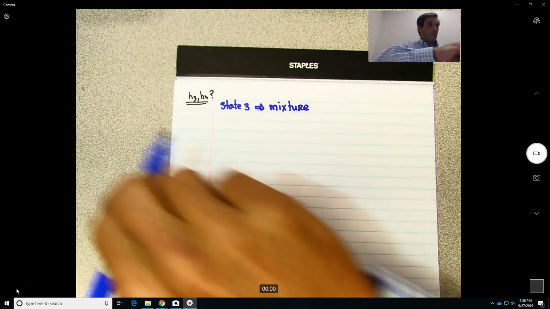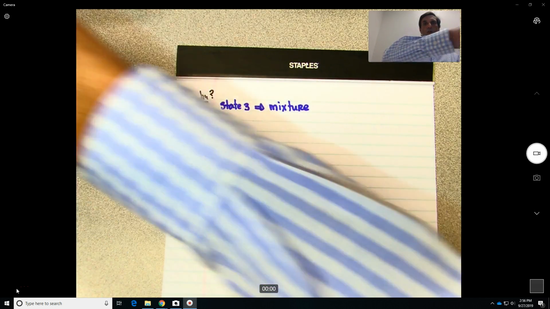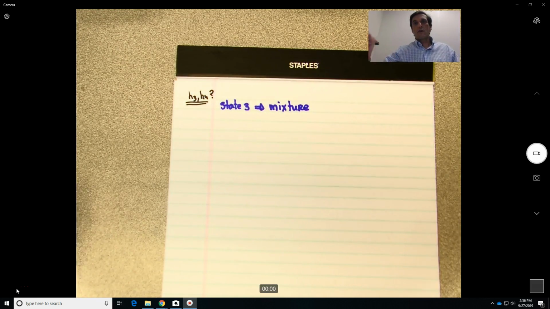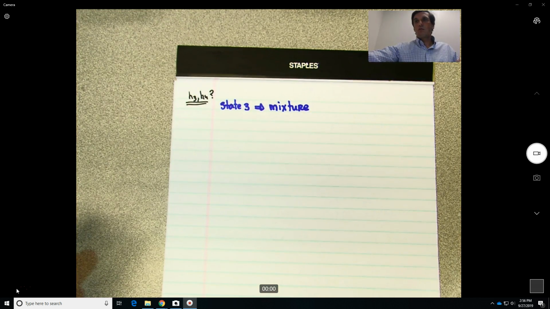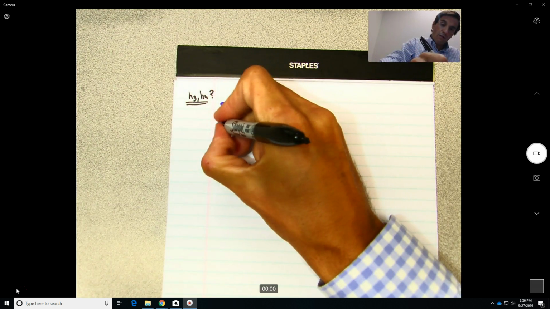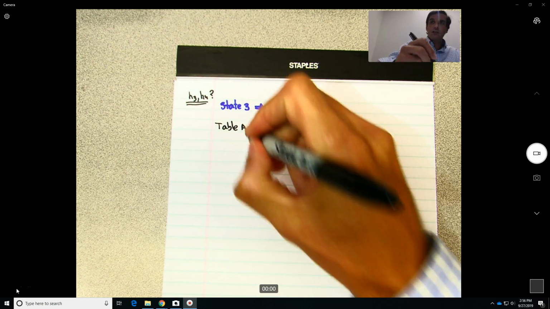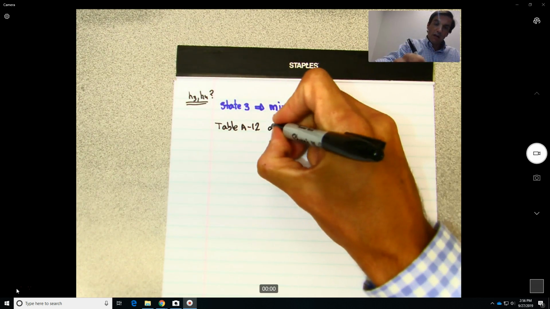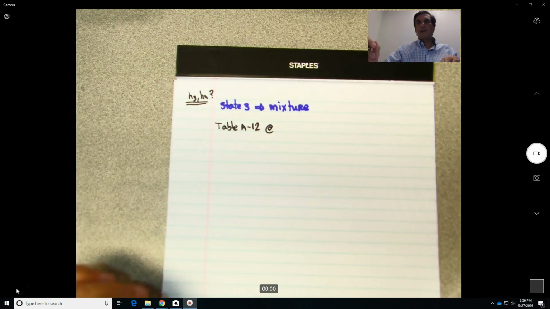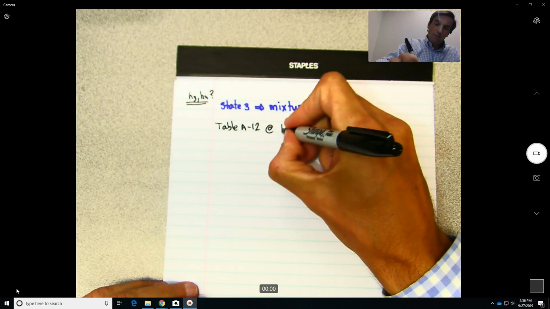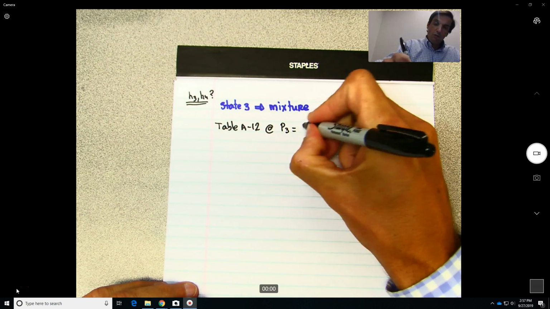So in order to find those values, we then need to go to table A12, which is for the refrigerant, and we look at the pressure P3 equals